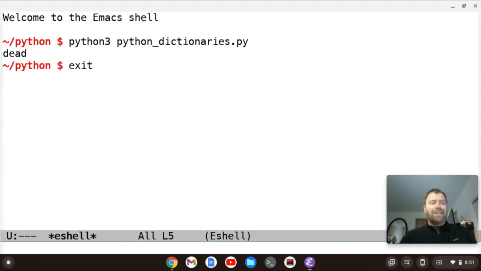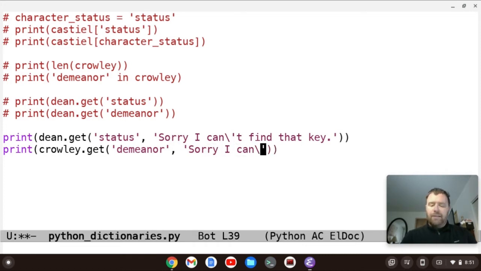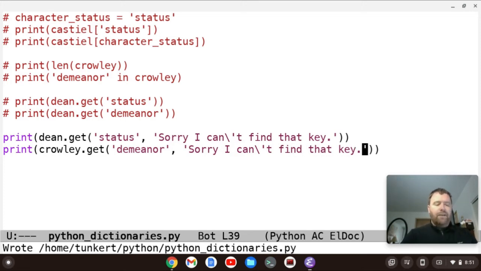So if we exit back out of this, and now we print, let's do Crowley.get demeanor, which we know we don't have, and then we pass in the message, "sorry, I can't find that key." Okay, now let's save it.